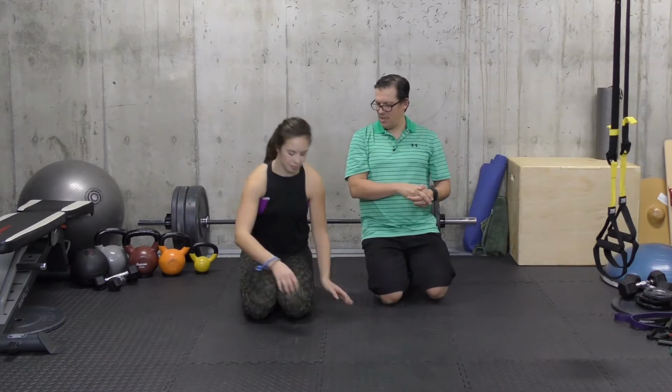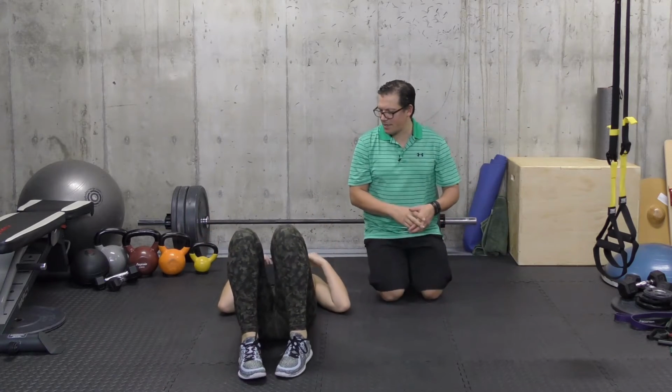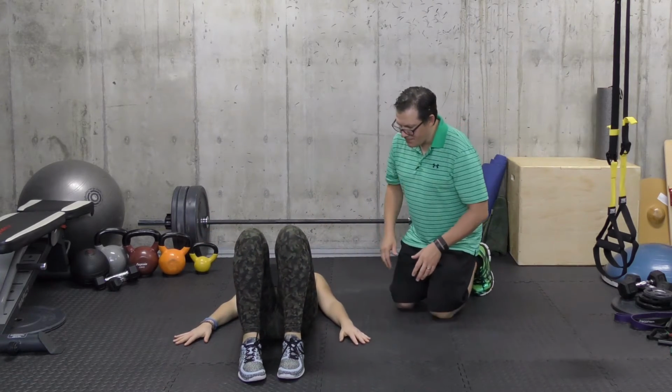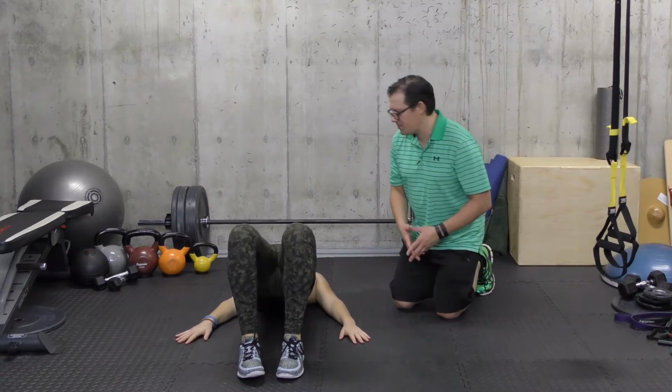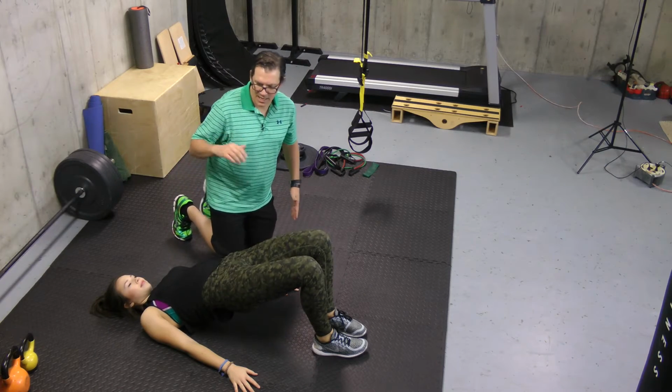Now moving on to the third one. So this is the glute bridge. So you're gonna move on to your back, hands are to the side, you're gonna push through the heels, bring the hips up, you're in a nice straight line through here, you're gonna hold it for a second, and then